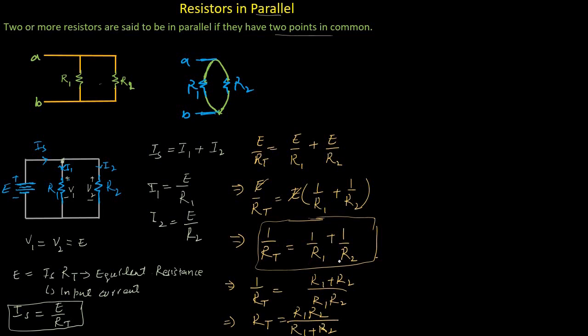And from this relation we derived that the equivalent resistance of this parallel connection will always be less than the least resistance in parallel. Now to understand this in a more brief way, let's take another example